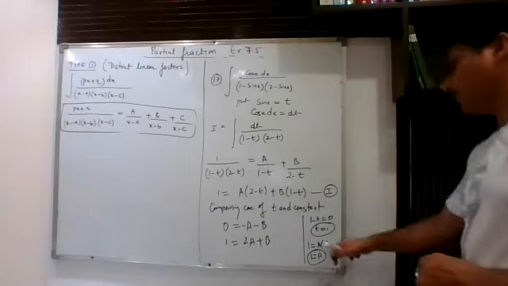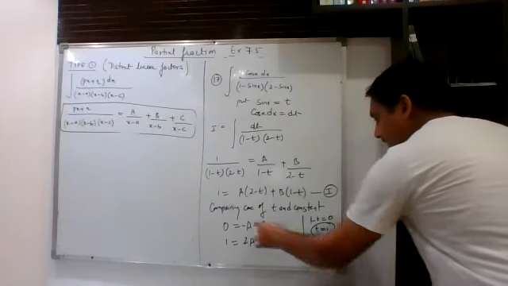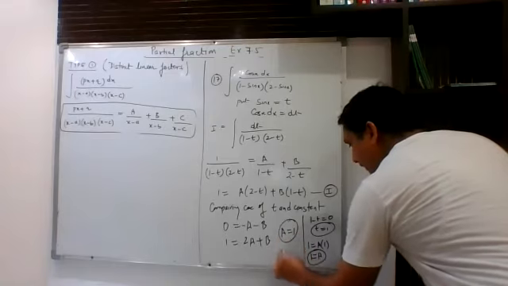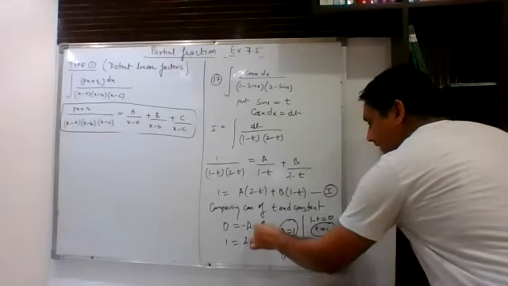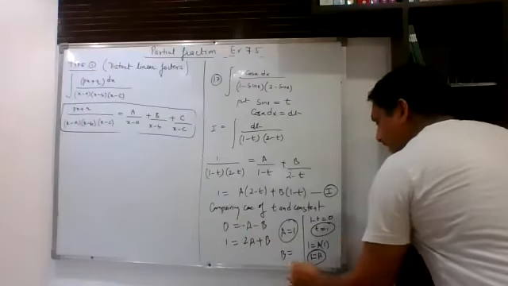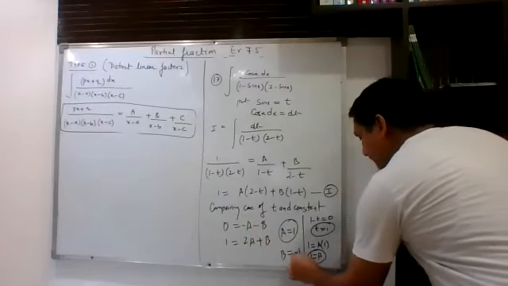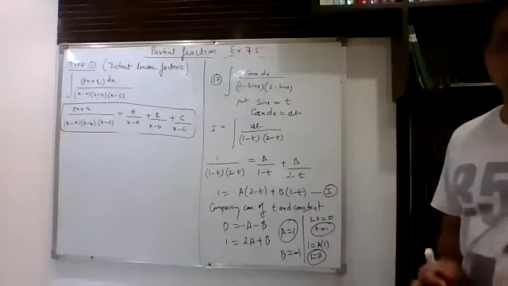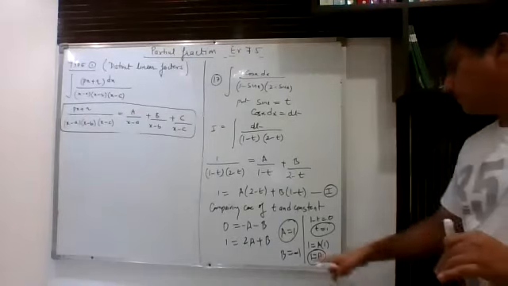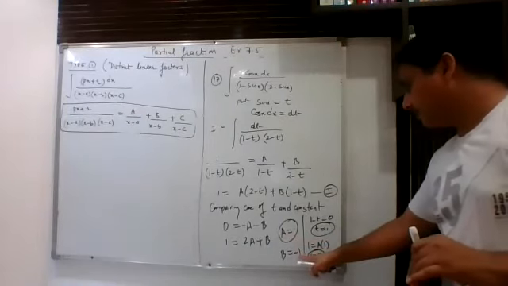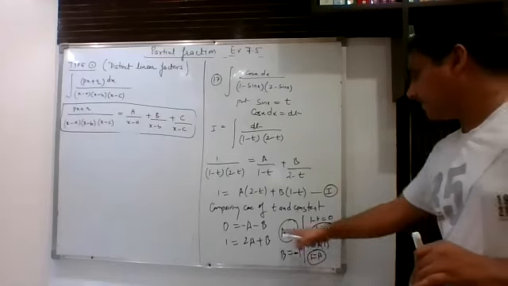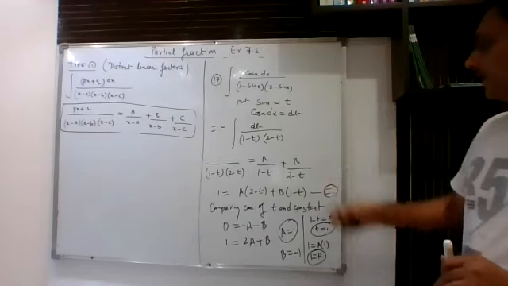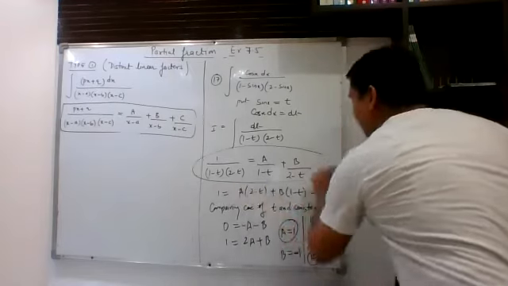So this is the value of a. If a is 1, then b will be equal to a is equal to 1. And from here you can say b is equal to minus a. So that means b will be minus 1. So either you can get it by shortcut or I am using this equation. So somehow I want to get the value of a and b. So finally my a is 1 and b is minus 1. I'm putting the value of a in this equation and I'm getting b as this. Now after getting a and b, you need to utilize this expression.